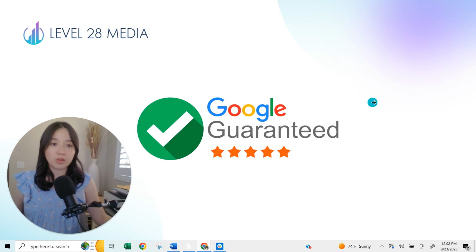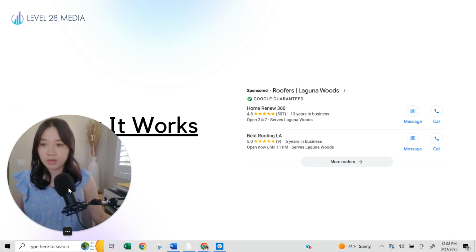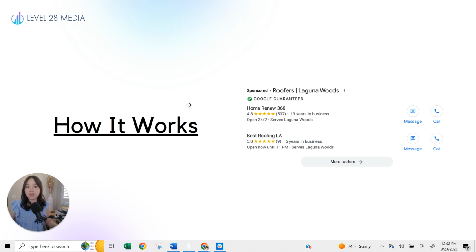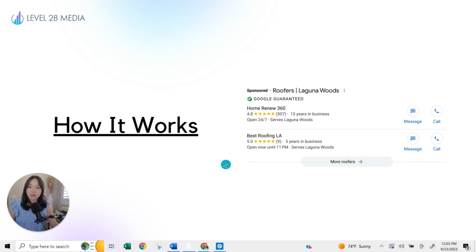Now, let's take you through how it works with local service ads. Once you're part of the Google Guaranteed program, you are eligible to have local service ads. And what are local service ads? These are ads that appear